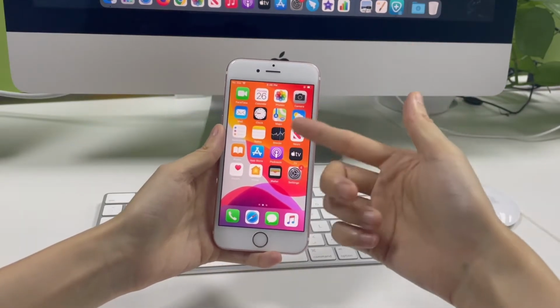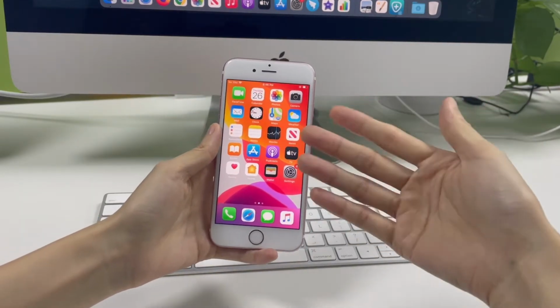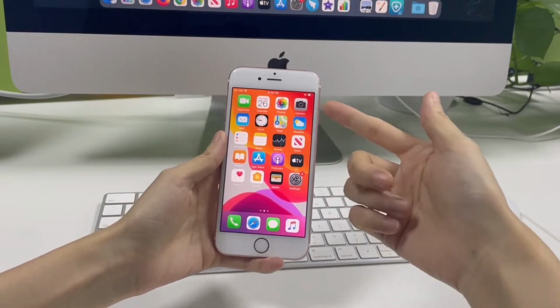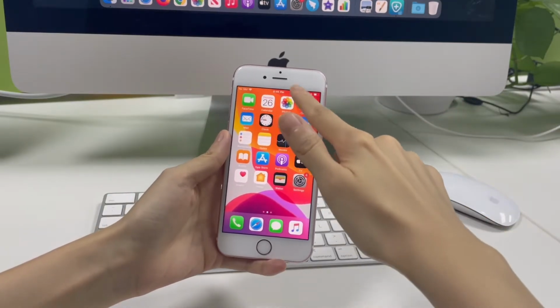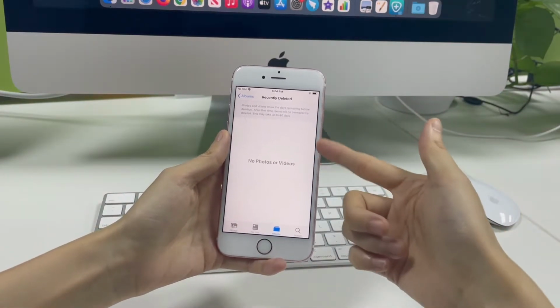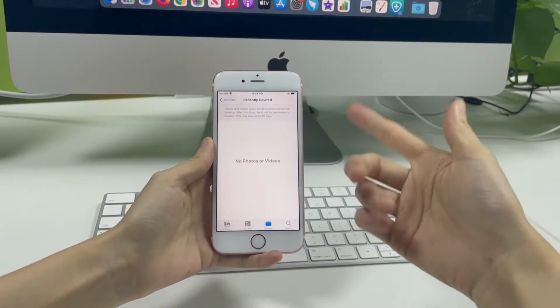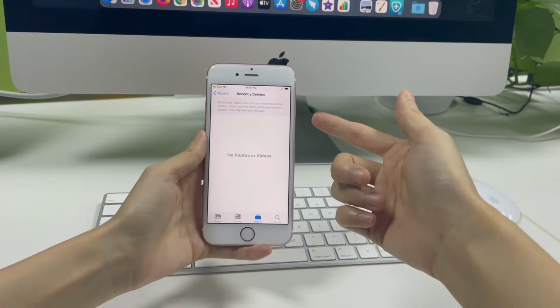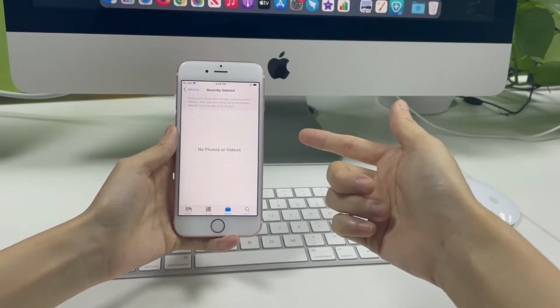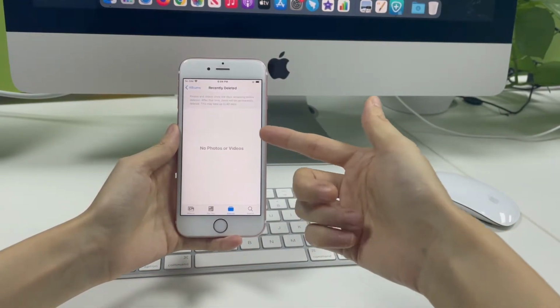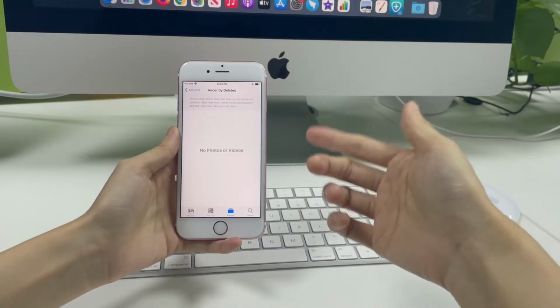I'm going to talk about how to recover deleted photos from iPhone without backup. Yeah, it's possible to recover deleted photos on iOS even when we don't have a backup of these photos anywhere. If you accidentally deleted photos from your iPhone, whether it's been weeks or months ago, and there's no backup available in iCloud or iTunes, don't worry, this is the step-by-step guide on how you can get these photos back on your iPhone.